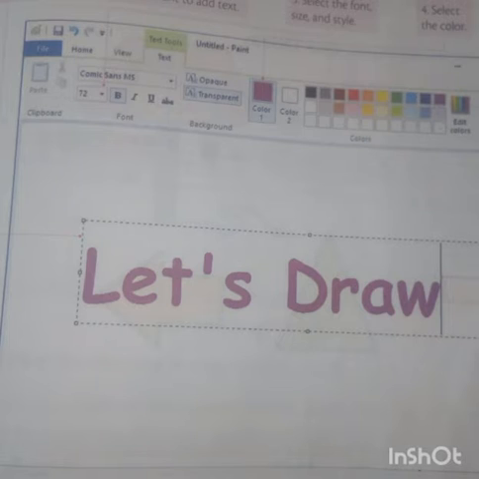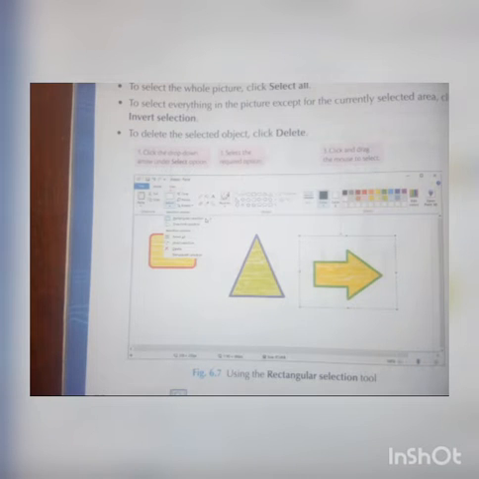First, how do you select the text tool? Then from the font group you can select the font size and style. Okay, then the next one is